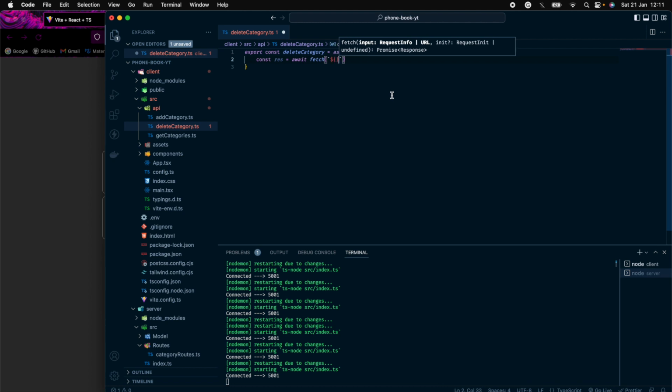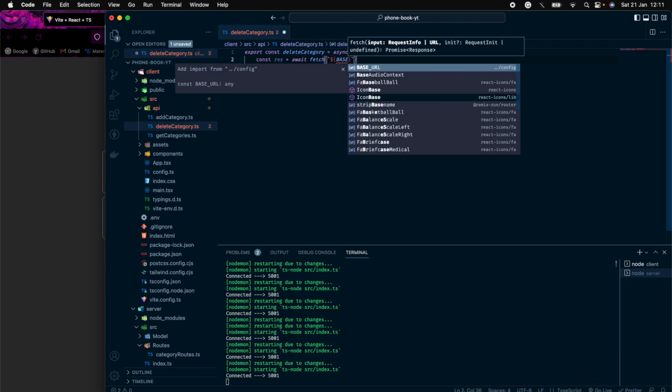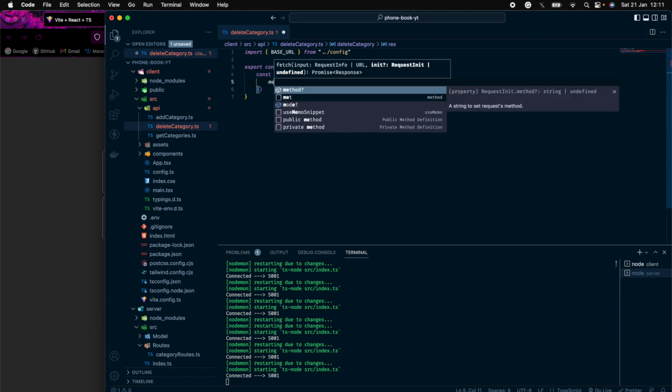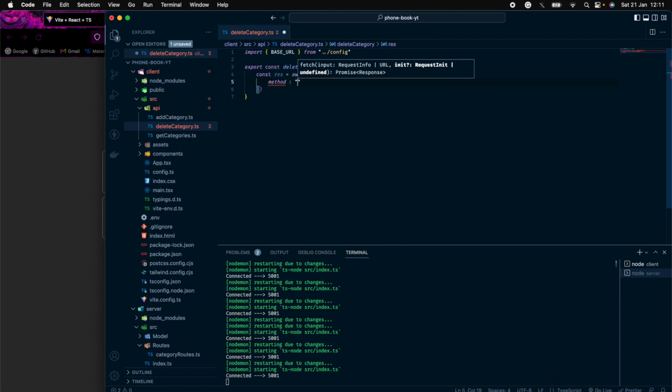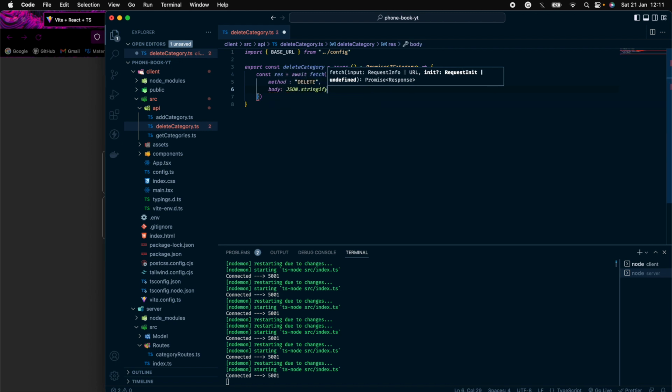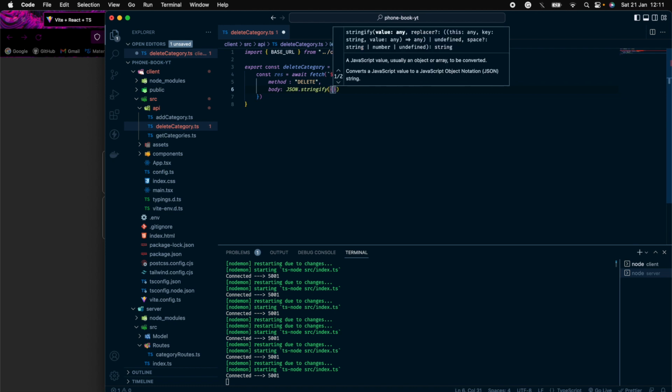So baseURL/category, and inside the body we'll have to mention the method, which is DELETE, and in the body we'll have to give it the ID, so we'll have to stringify the body first. Stringify, we have a categoryID